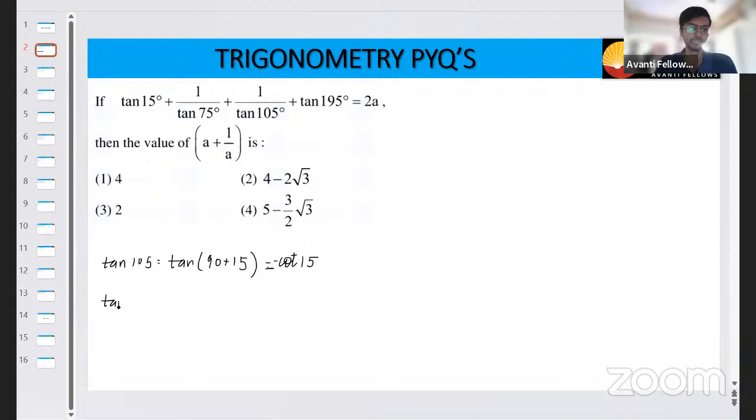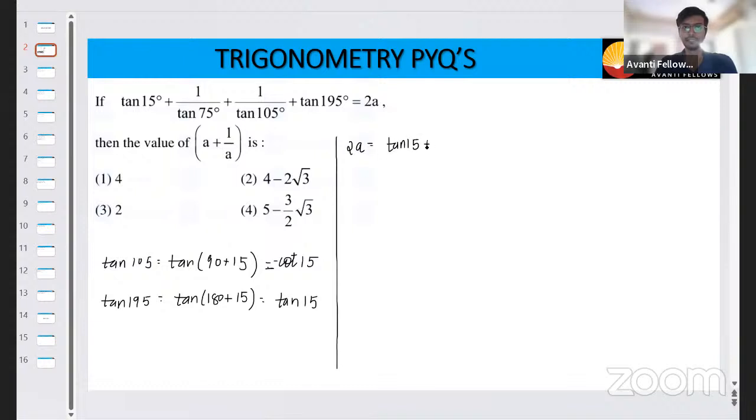Similarly, tan 195 can be written as tan of 180 plus 15, which becomes tan 15, by using allied angles. So if we now substitute the values here, then we'll get 2a is equal to tan